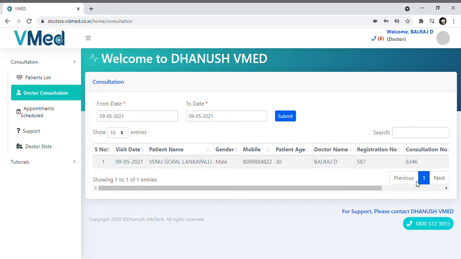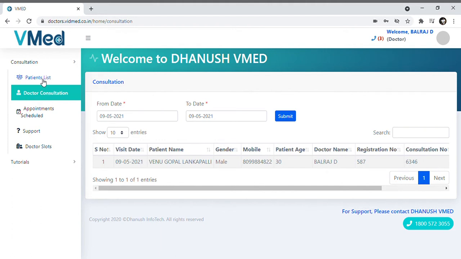You can see the patient details coming up, and on the side you have the patients list, which gives us the information about the past patients that the doctor has done throughout the past 1 week. Any appointments that the doctor has scheduled with a patient will be coming in the appointment schedule. And in the support you'll have an option where, if any application issues come up while doing teleconsultation, or any queries of the doctor, the doctor can give them in the support.